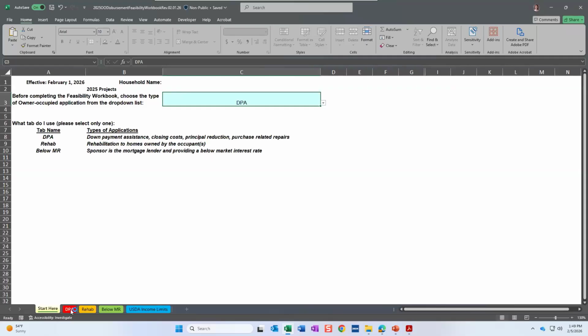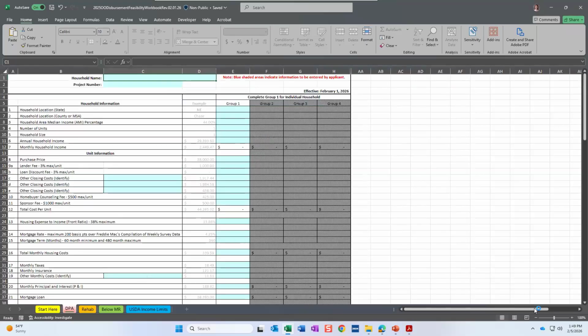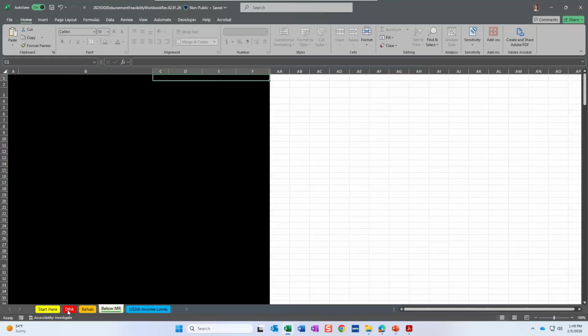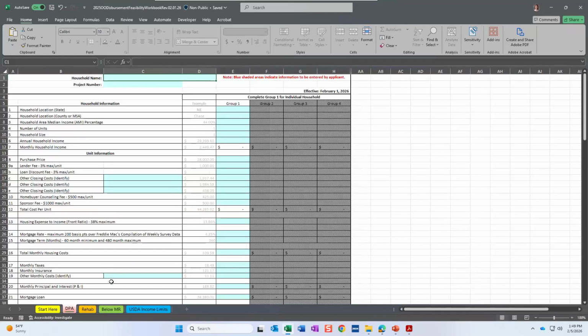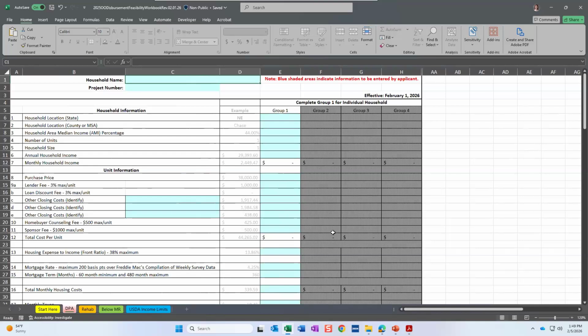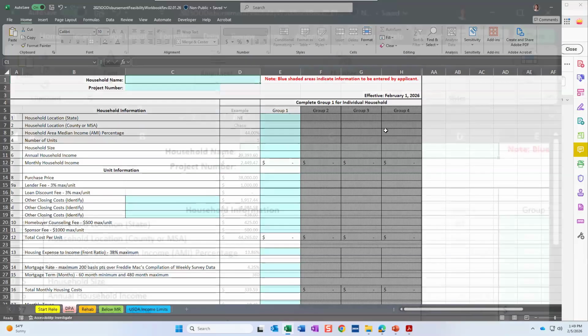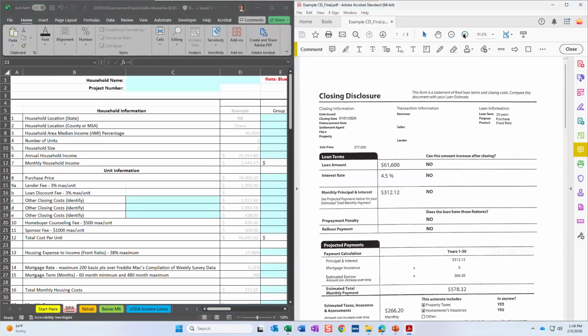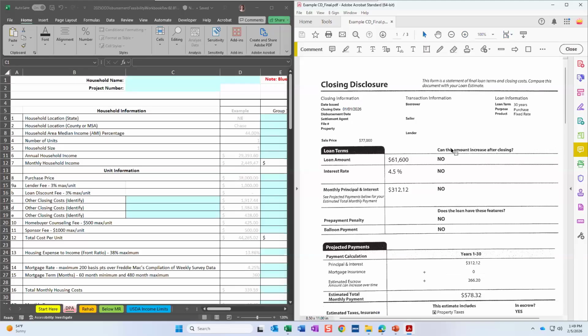When I do that, the DPA tab is going to come available here. You'll notice all the other tabs are still blacked out, so I promise you won't fill out the wrong one. It'll open up the one that you select. So this is what we're going to fill out here today. So I'm going to attempt to split my screen here and hopefully fit the vast majority of this. Okay, we're going to try this. So,